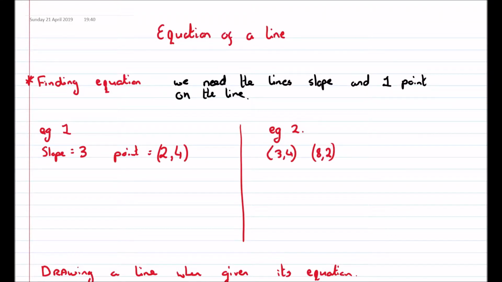Hey, in this video we're going to look at the equation of a line. The best way to describe the equation of a line is that it's like the DNA of a line. If you have the equation of a line, you'll be able to draw that line. I suppose it's kind of like in Jurassic Park, where they got the DNA of the dinosaurs and they were able to make the dinosaurs. Well, if you get the equation of a line, the DNA of the line, you'll be able to draw that